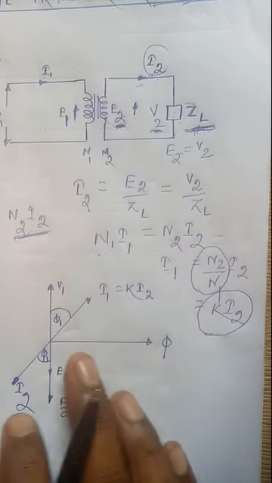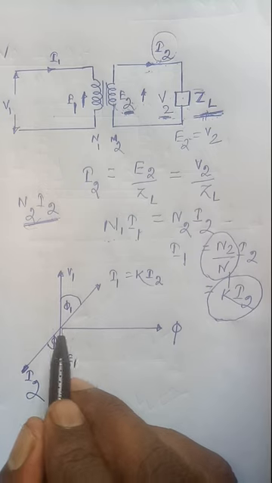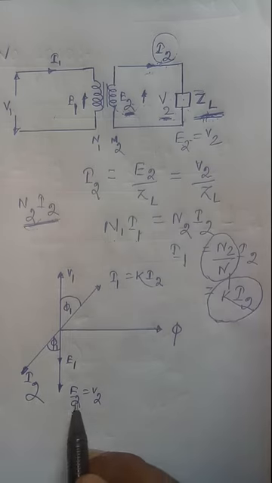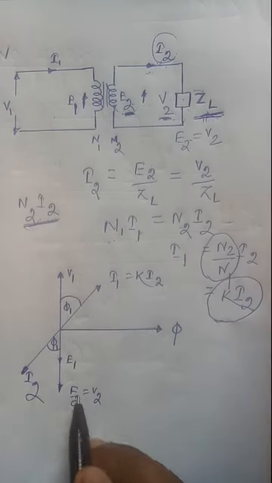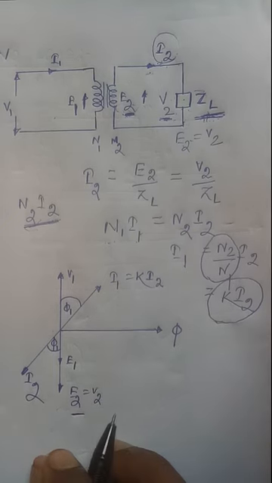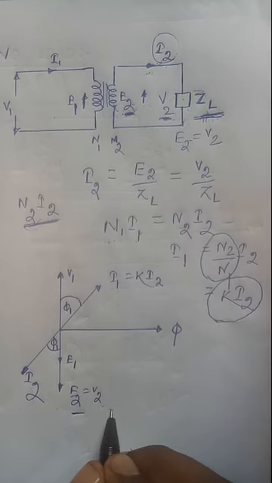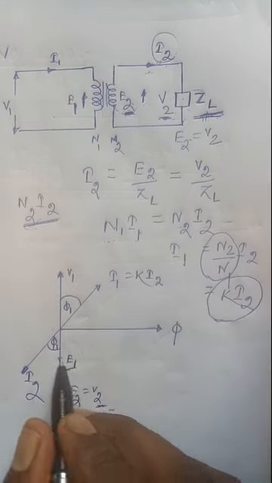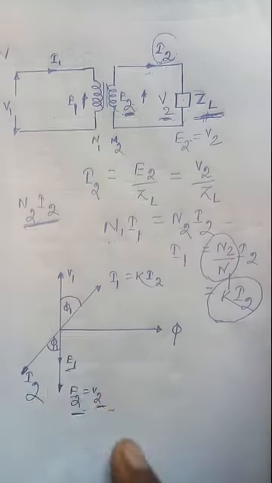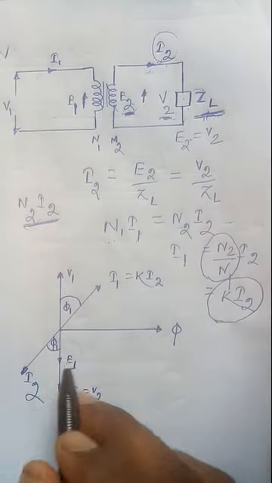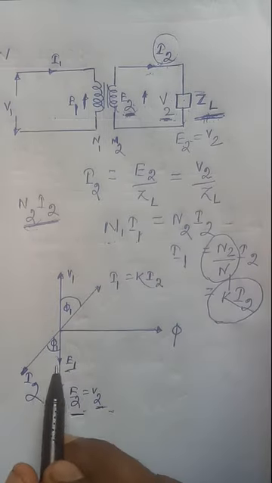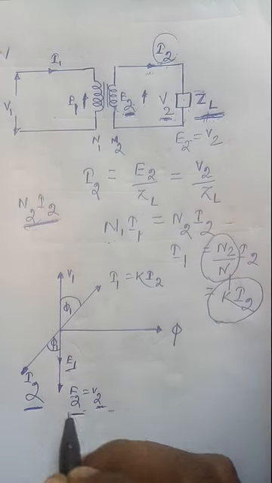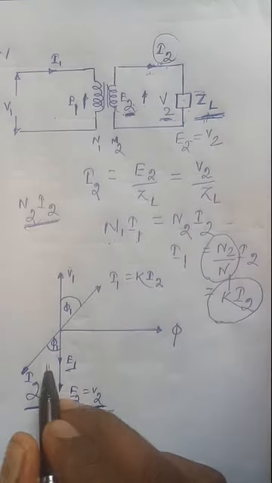Okay, now let's plot the phasor diagram. In the same manner, the flux phi is taken as the reference. When this flux links to the secondary winding, an EMF E2 is induced in the secondary side, and that is equal to V2, because this is lossless. Now this one is your E1. In the same case, V1 and E1 will be in phase opposition, exactly 180 degrees. As we have assumed the load is inductive, the load current I2 lags the respective voltage V2. This is I2.